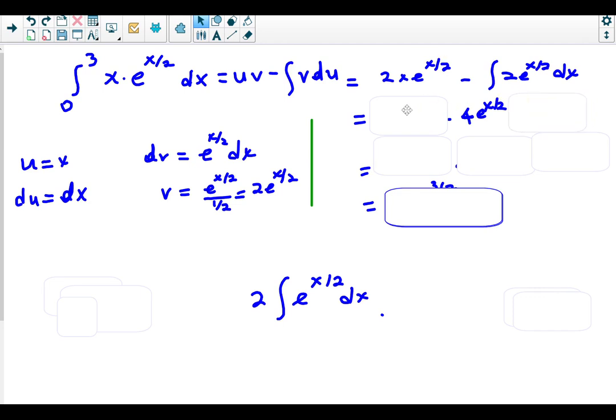Okay, so the first piece, just bring it down exactly as it is. Second piece, we'll pull the 2 out, and then integral of e to the x over 2 was 2 e to the x over 2, and the two 2's got multiplied to give us the 4. Don't forget the negative in the middle. Now we're going to evaluate from 0 to 3. And for that, start plugging the upper limit first. You can have 6 e to the 3 over 2 minus 4 times e to the 3 over 2